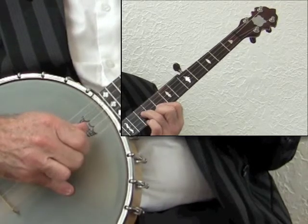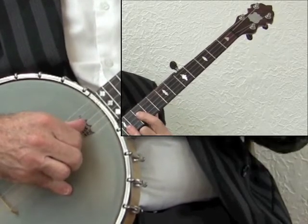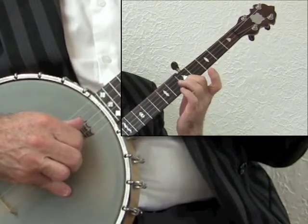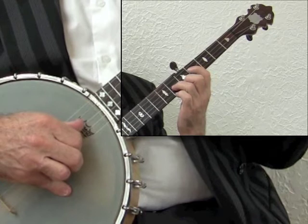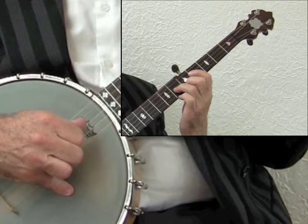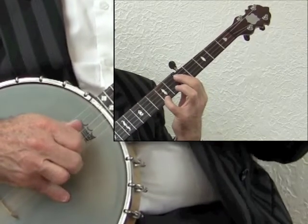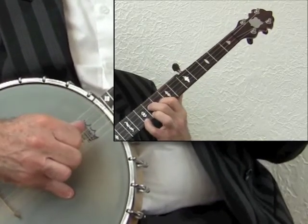Twiddly-dee. 4th finger goes down at the 10th, and now it's a 3-3-1 at the 10th. 2-3-1 at the 4th position, which is 2nd finger at the 5th fret on the 1st, 3rd finger at the 6th fret on the 2nd, and 1st finger at the 4th fret on the 3rd string. Now a 5th position barré, twiddly-dee, 4th finger down at the 7th fret, 5th position barré, pinched, up to a 4-1-2 at the 8th,